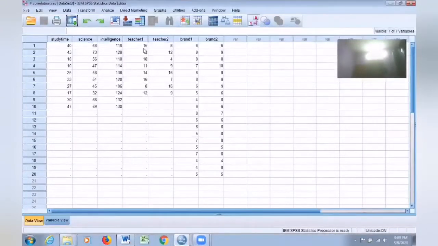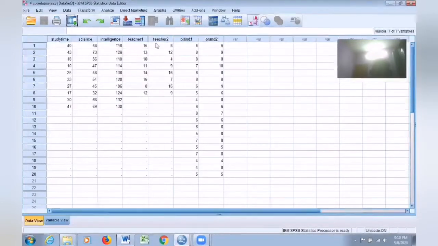One is Spearman rank correlation. On what occasion are we supposed to conduct a Spearman rank correlation? So we have two sets of data, teacher 1 and teacher 2. We have 8 candidates. These 8 candidates went to 2 teachers. These 2 teachers ranked them, how good they are in their academics, or how well they would do in the next semester examination. And the ranking is done on a rating scale of 0 to 20.